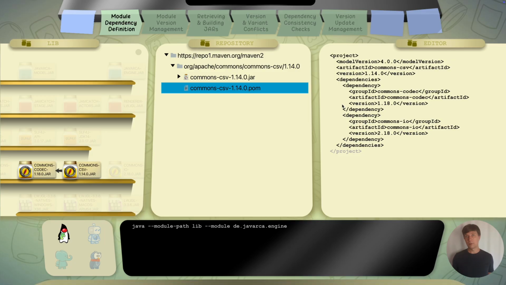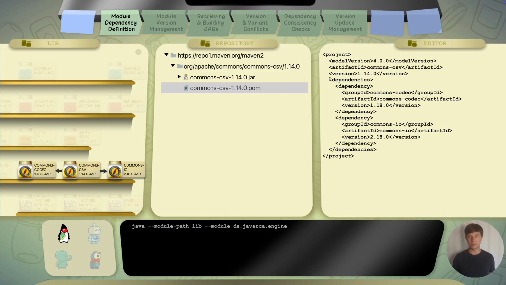This is known as the POM format. So in a repository like Maven Central, next to each jar file, you will find a POM file. This file contains metadata about the jar file that can be read by additional tools on top of Java. Java itself won't look at this file. One of the most important pieces of information in this file are the dependencies.